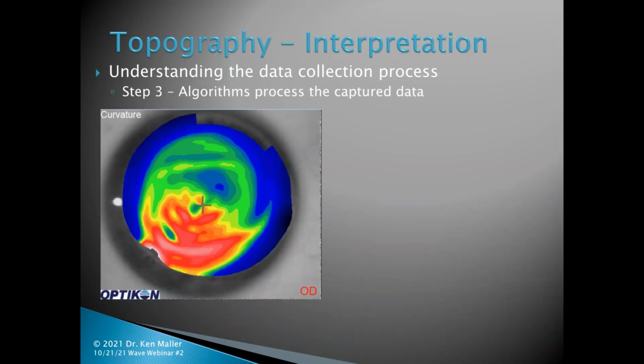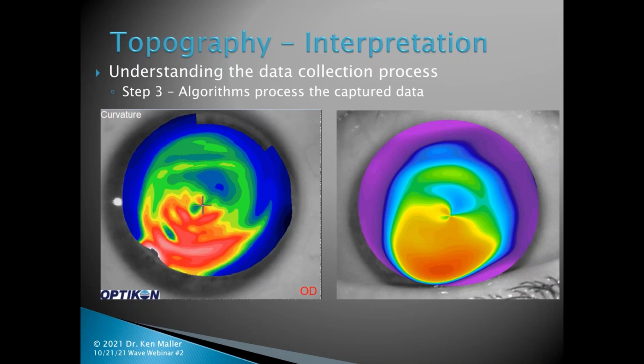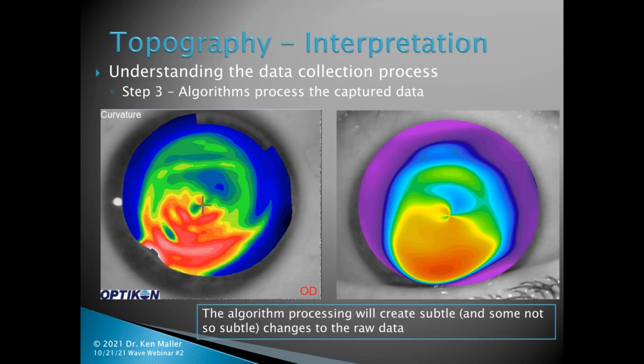Okay, so now let's move on to step 3. Step 3 is the software algorithms contained within the instrument that actually do all the processing of this captured data. On the left over here, this is the captured data off of an obvious keratoconic eye done with the Scout. And on the right, this is the exact same eye that was done with the Pentacam. The algorithms process what's been